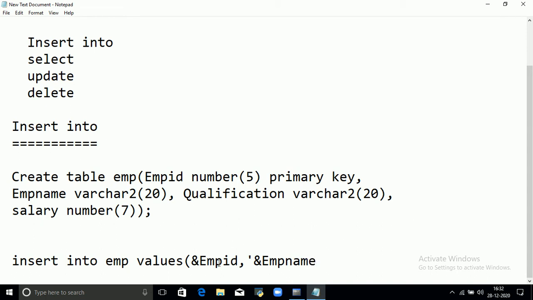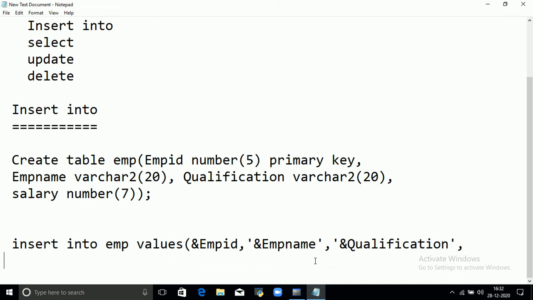Because the names are strings, they are enclosed with a single quote, comma, single quote, ampersand qualification, comma, within single quote.